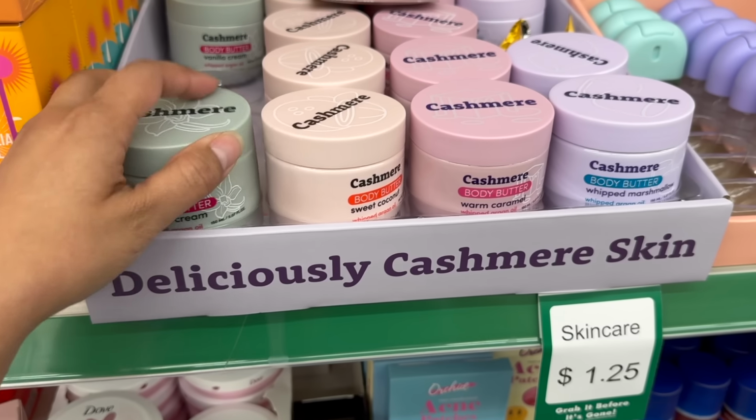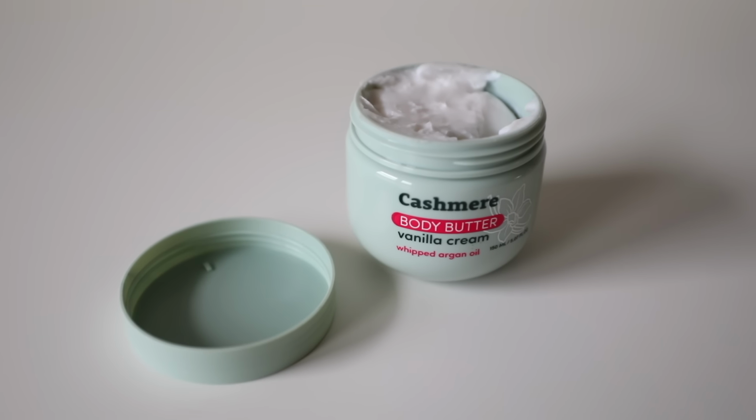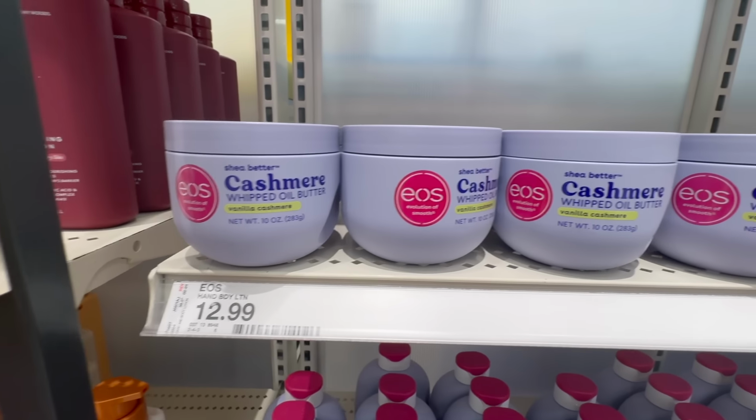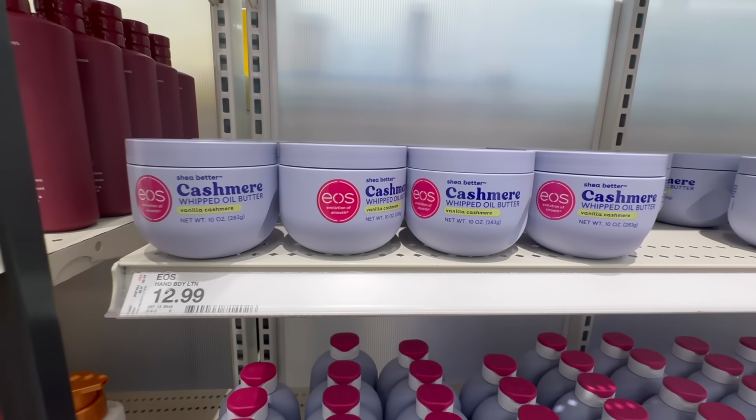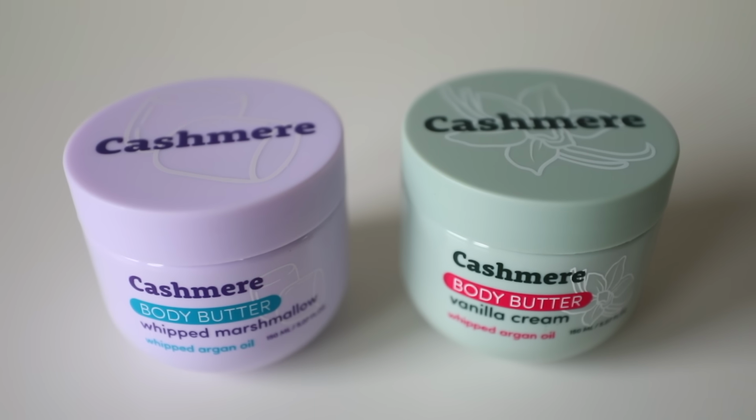Next up, we got this body butter by Cashmere. They have a few different scents to choose from. I got the whipped marshmallow and then the vanilla cream. This is a dupe to EOS body butter, which is $12.99 at Target and then $14.99 at Ulta. Out of the two that I got, I liked whipped marshmallow the most just because I love marshmallows, you guys,